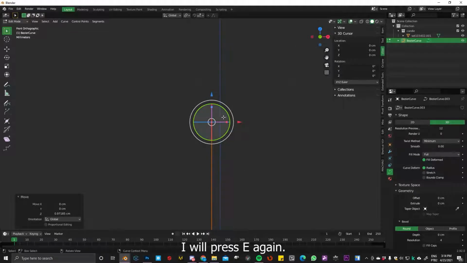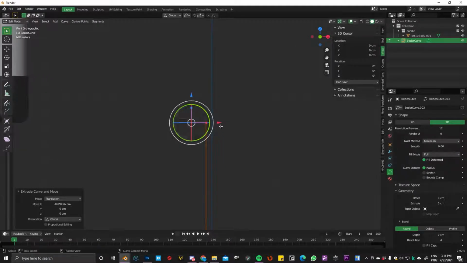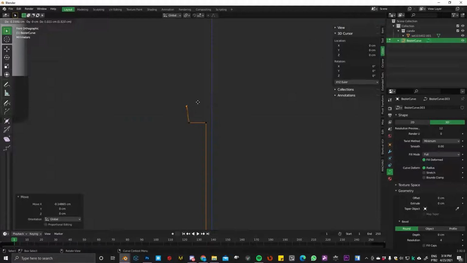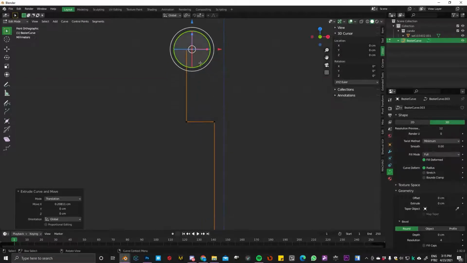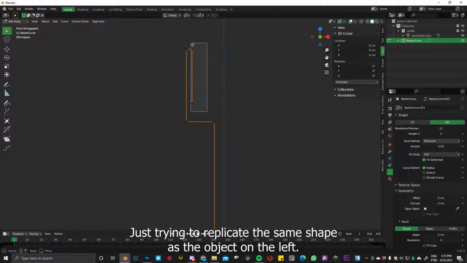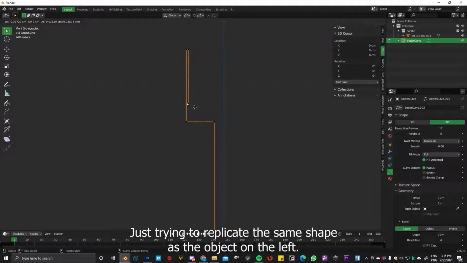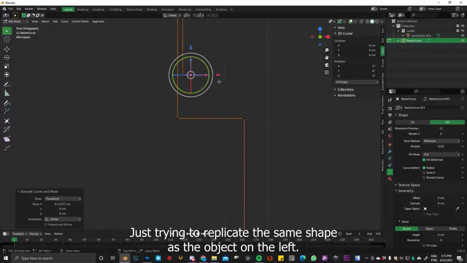So I press E again, E again, E again, just trying, as I said, to replicate the same shape as the object on the left.